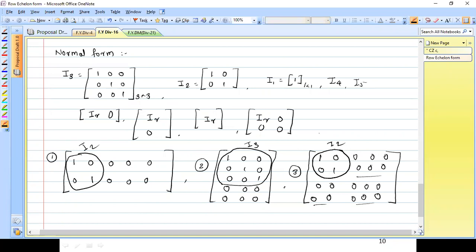Okay, now the important task is to reduce any matrix into a normal form. That is the task we have to do. Everyone understand the definition of normal form? Yes, sir. A matrix of the kind of any of these four is called the normal form of the matrix. Now, how to convert that is a different part. Okay, so please write down this one. We are directly going to take one example, and while solving the example, I'm going to tell you how to solve this.